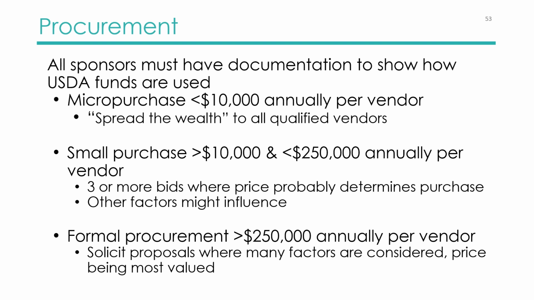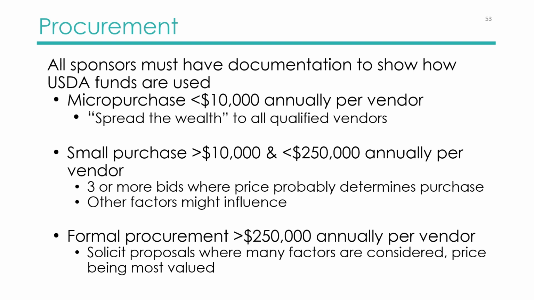Schools use the micro-purchase option for purchases from a single vendor that total less than $10,000 annually. These purchases must be spread equitably among all qualified suppliers or vendors. Let's look at an example. Your annual purchase of ground beef totals $8,000. The value of the purchases is lower than the $10,000 annual threshold for micro-purchases, but if the ground beef purchases